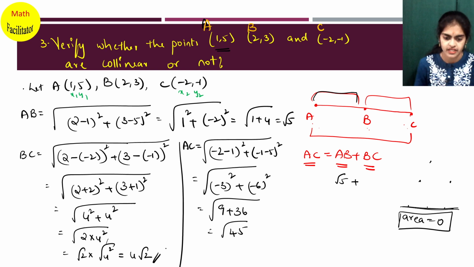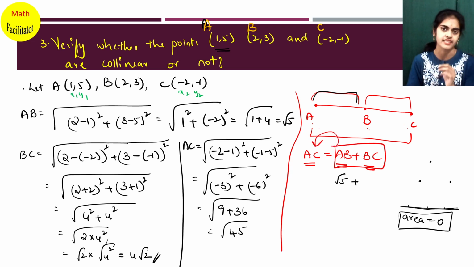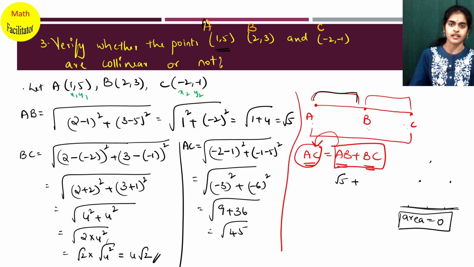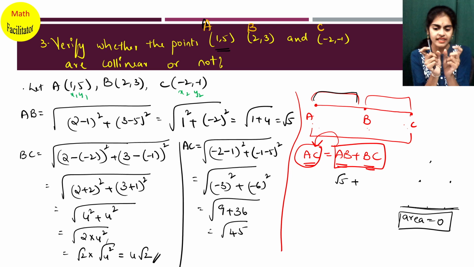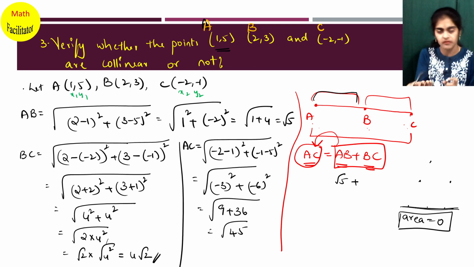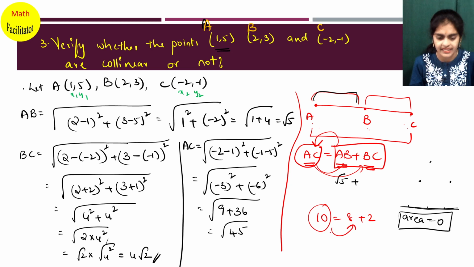Root 45. Now in order to check whether the 3 points are collinear or not, what do we need to do? You should see that the sum of any two distances should be equal to the third distance. Simple common sense you will apply here. Firstly, you will choose the bigger value out of the three distances, because the sum of any two things is equal to one thing, so that one thing is obviously bigger than both of these. For example, if I say 10 is equal to 8 plus 2, which means 10 is definitely bigger than 8 and 10 is definitely bigger than 2. The same applies here also.